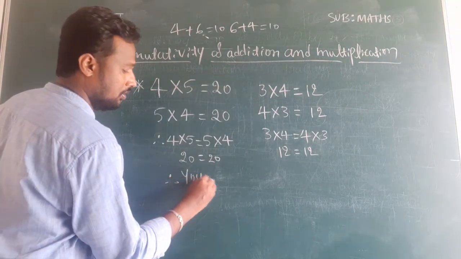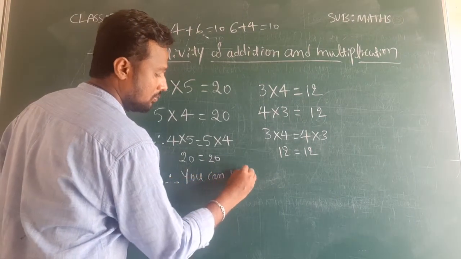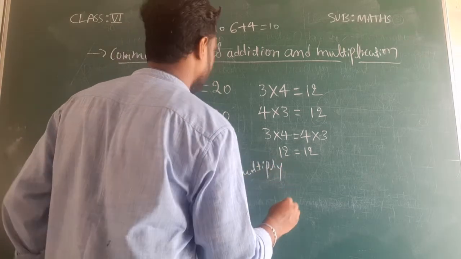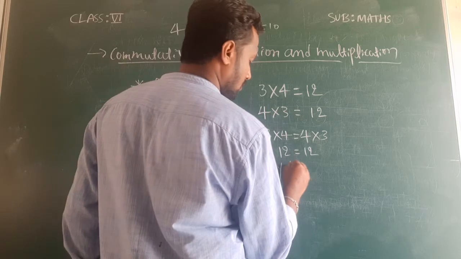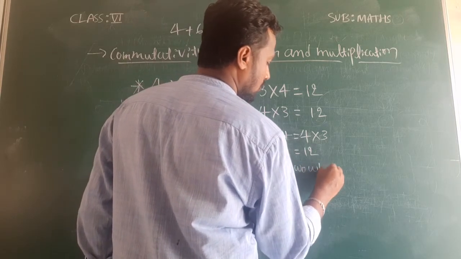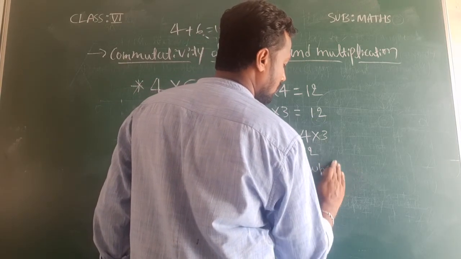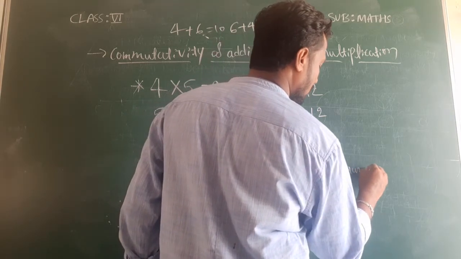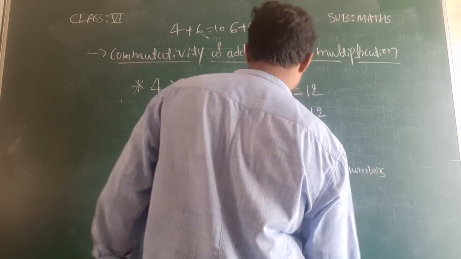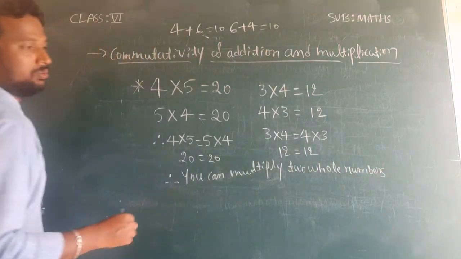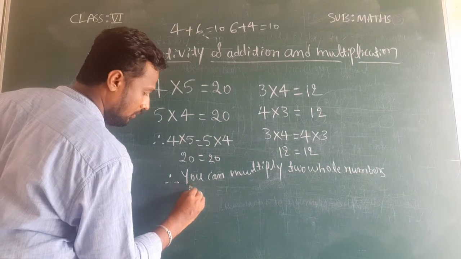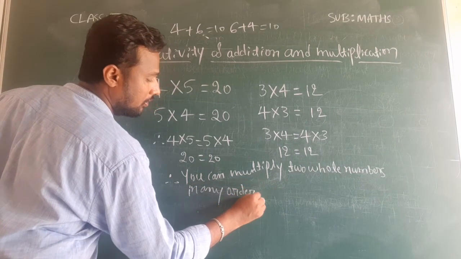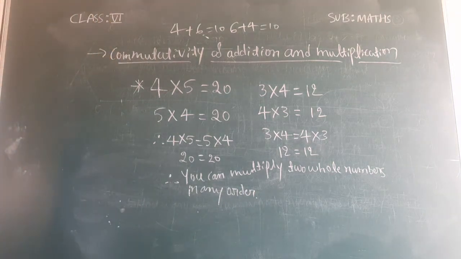Therefore you can multiply two whole numbers. You can multiply two whole numbers in any order. Okay,